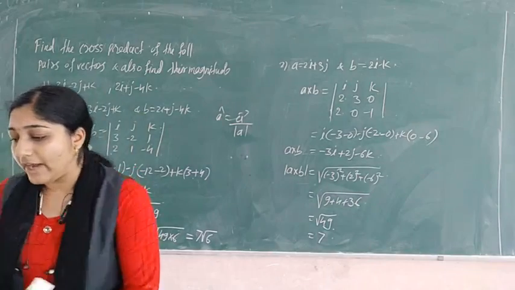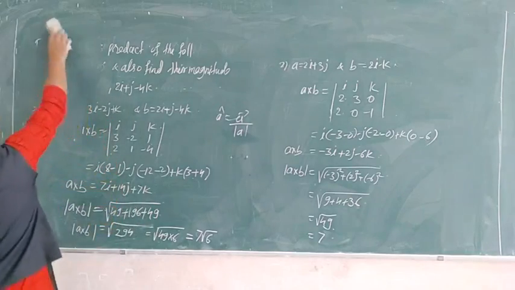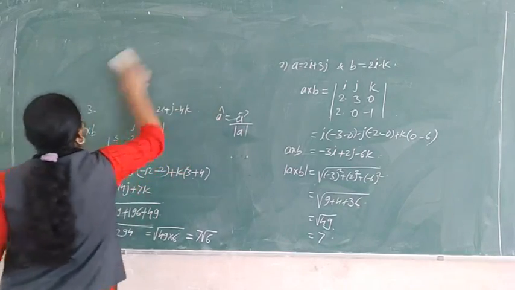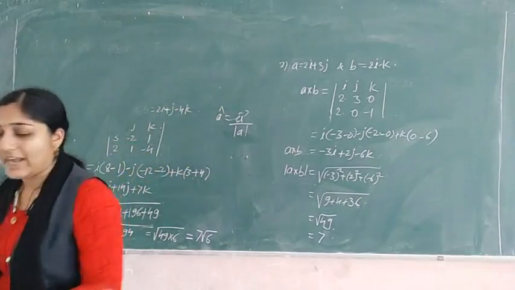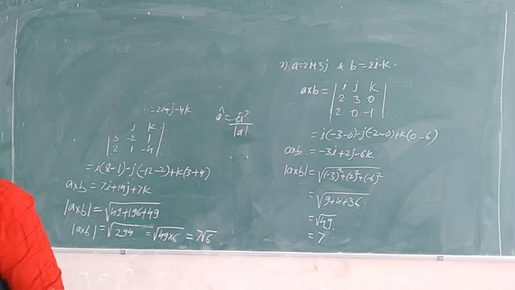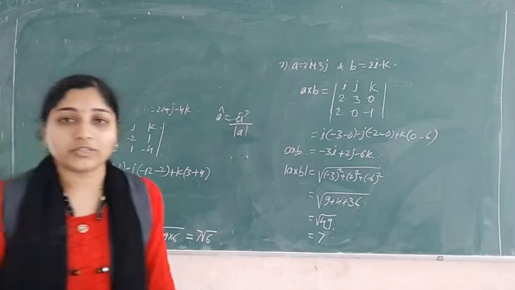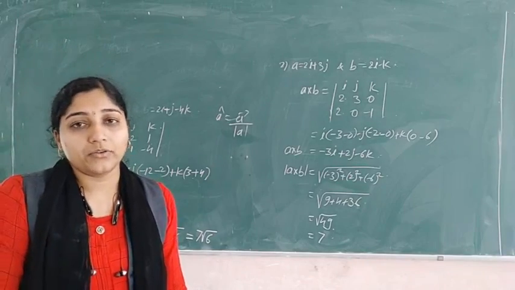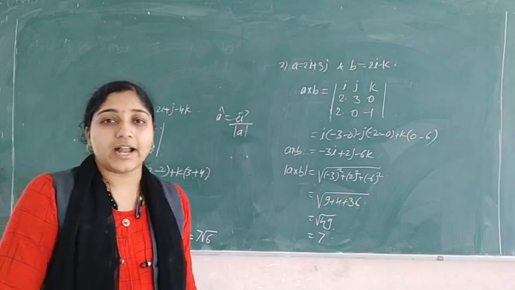There is a question: find the unit vector perpendicular to, or we can see that in the next class only. Okay, how to find the unit vector and how to find the cosine angle or sine angles between two vectors. You know how to find the cosine angle. Now we can see the sine angle between two vectors. Okay, so we can see that in the next.